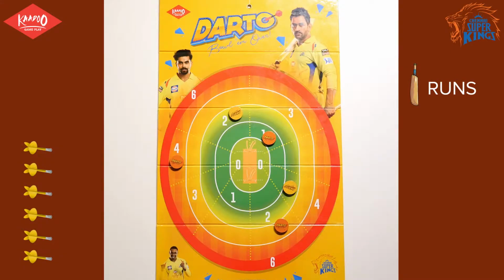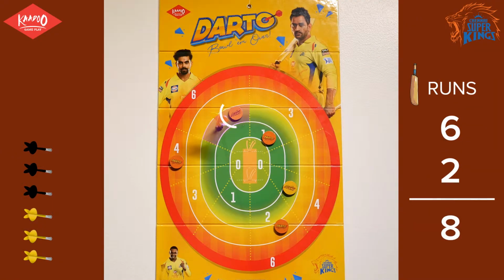The batting team starts by throwing darts. You get 6 turns, that is 1 over. If the dart sticks to any zone, the run scored is the value of the oval. If the dart sticks onto a zone with the coin of the batting team on it, then the run scored